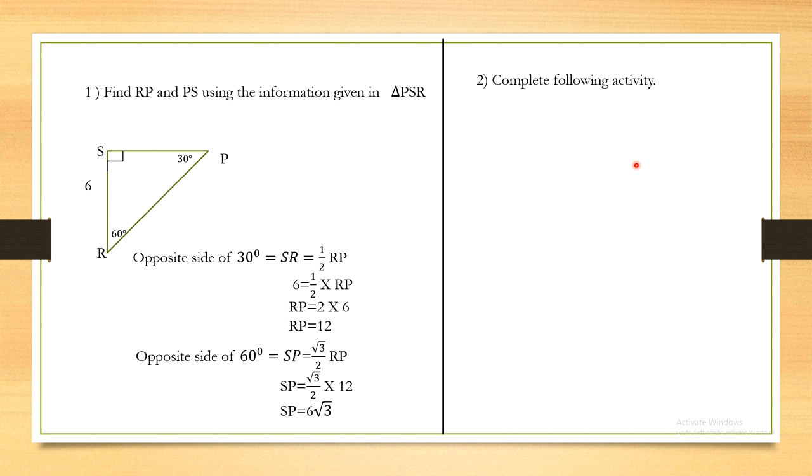Now let's take another example. Let's complete the following activity. Triangle ABC is given, angle B is of 90 degree. Okay, and here what is given? AB and BC both are congruent, both are equal. This is given. This is of 90 degree, both sides are equal, and we know that the sum of all angles in triangle is 180 degree, and angle A and angle C are equal because sides opposite to them are also equal. So here they have asked what is the measure of angle BAC.